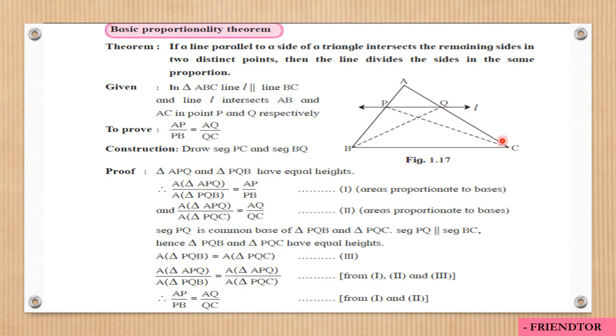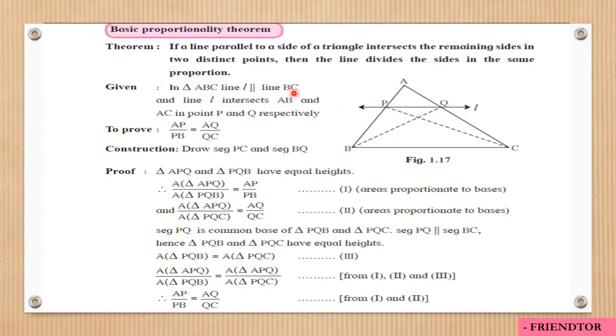If you have a triangle and if you draw one line parallel to one of its sides, and if that line cuts the other 2 sides in 2 distinct points, then the ratios will be the same. That means that line will cut or divide the sides in the same ratio or same proportion. Okay, so first we will draw a diagram, then draw a parallel line and name all the vertices and the intersection points, and then write the given part.